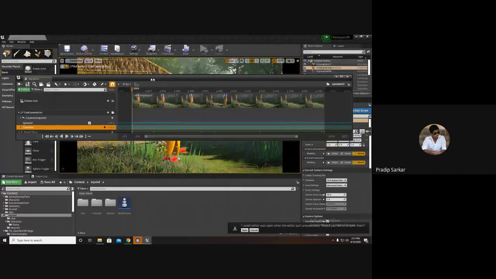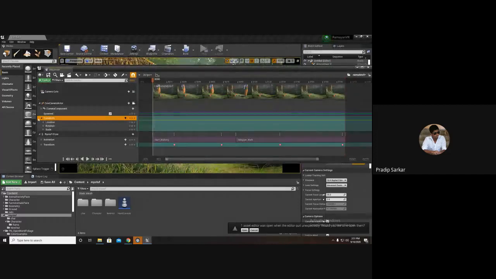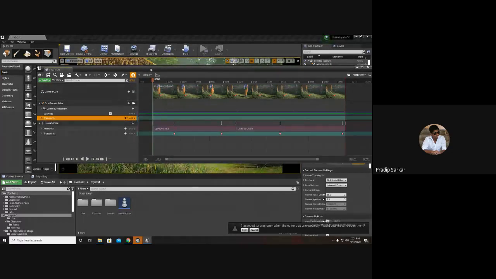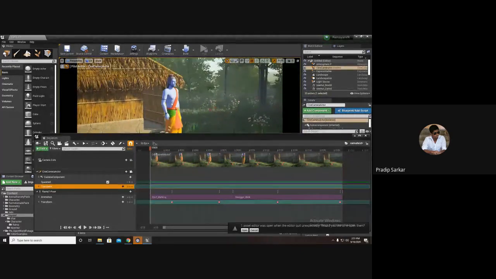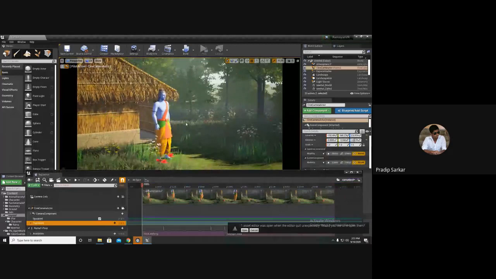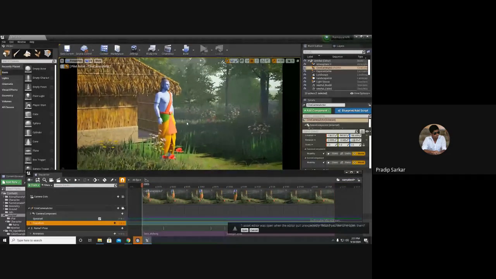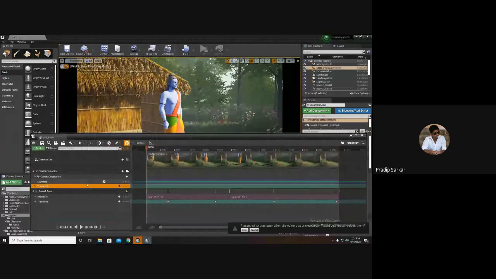We will use only the transform for the current scene. For the first shot, let the camera be around here. I'll give a transformation there. I'll create a key.